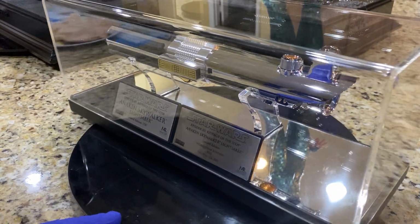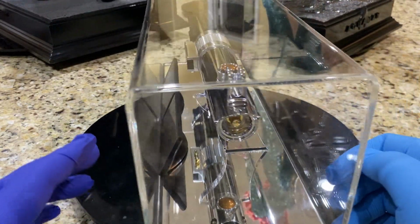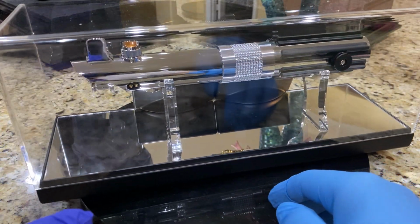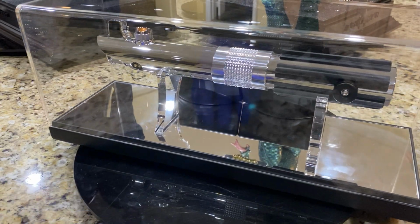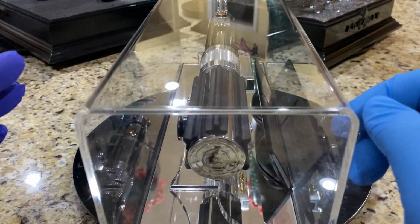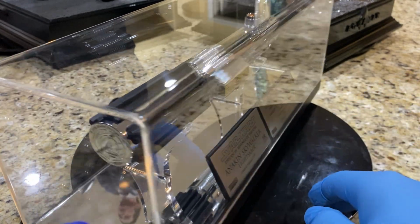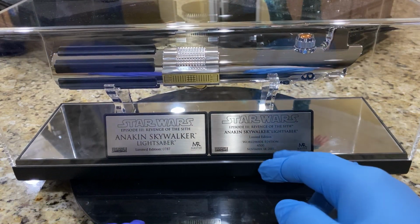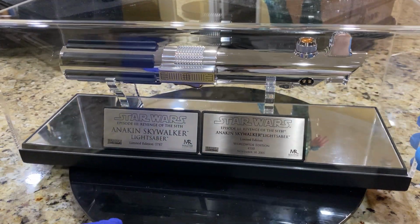So 100 would probably be a good lucky opening from a brand new, sealed lightsaber box. And this one is probably in the high 90s. I would think about 97, near perfect. Okay, so again, there's 4,500 of these guys,